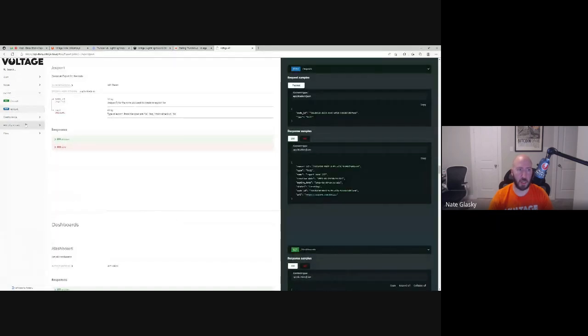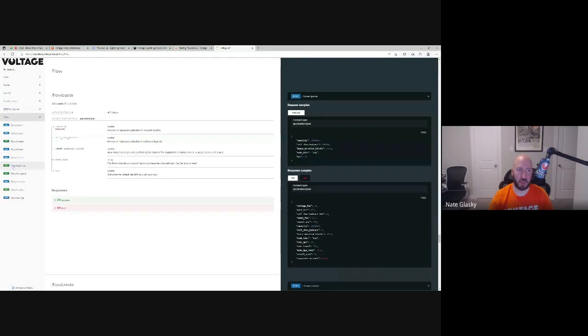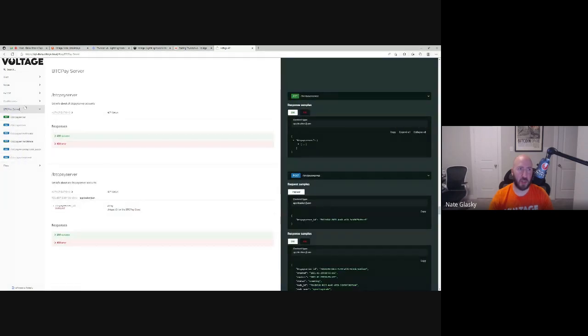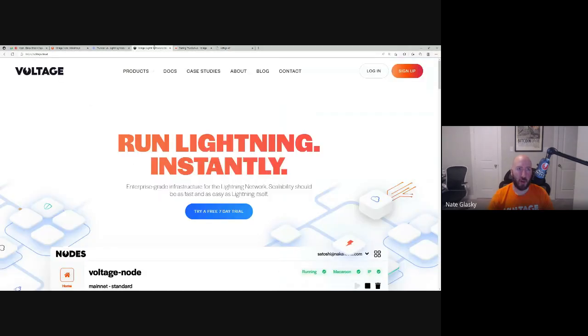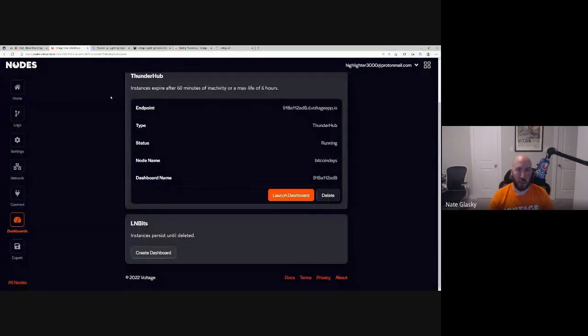They're all in here. Really, really easy to use. You can even create your own BTCPay Server from the API, which also has gRPC stuff. So lots of options there. So that's at api-docs.voltage.cloud.